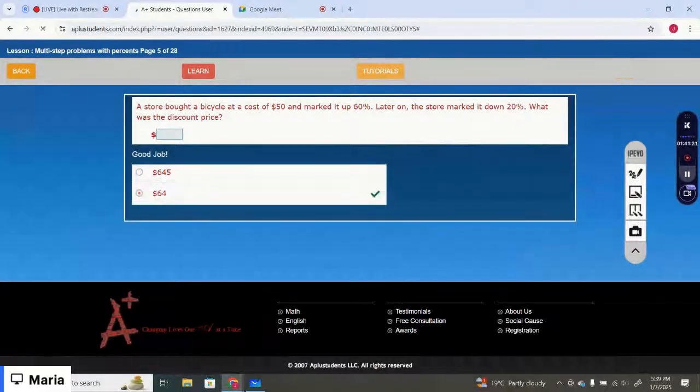Okay, you can complete the lesson by yourself later today. So we were working on grade 8 math. The chapter we were working on is